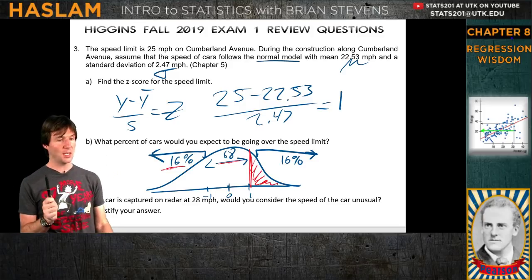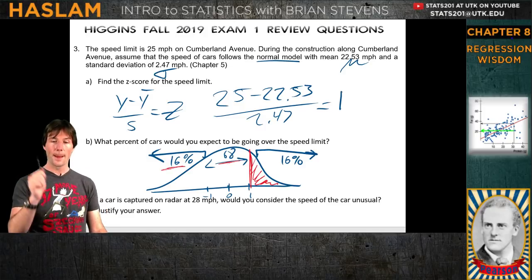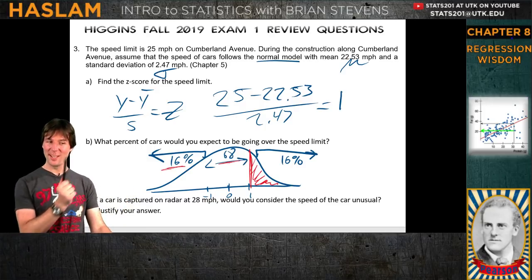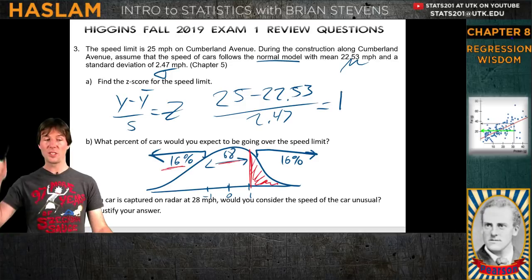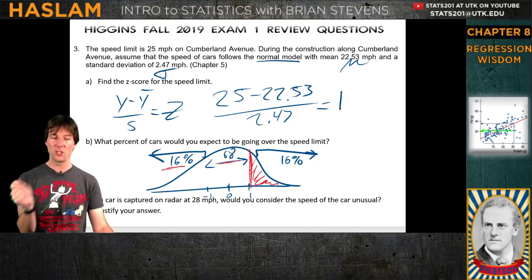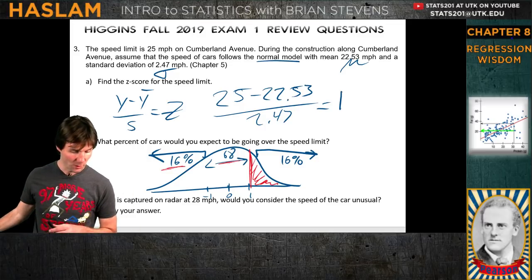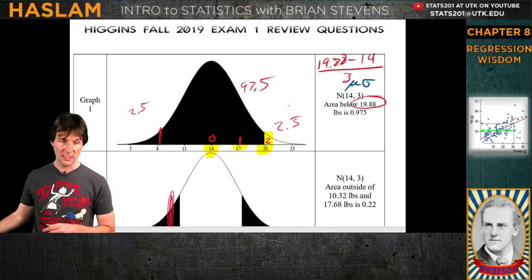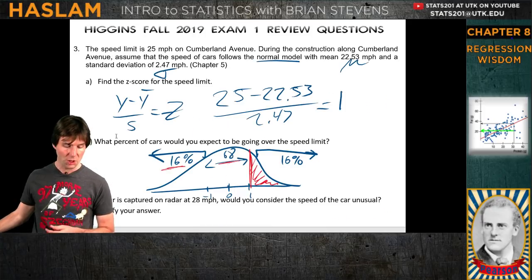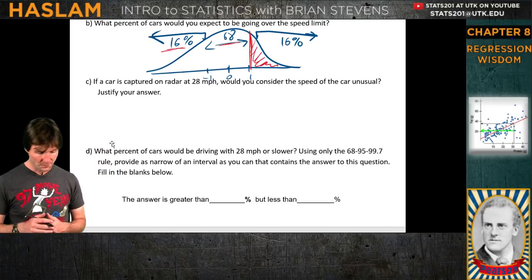Now I will say this, on the test we do make it very clear when to use the empirical rule numbers. This is a huge thing. When you're taking the test, you should use the empirical rule numbers when it says use the empirical rule numbers. If it says use 68, 95, 99.7, use those numbers. If it doesn't say that, use the graphics like we were doing earlier. So these questions leaned on the graphics, where the question now is having us use empirical rule numbers. The only thing I would change if we were doing this on a test is I would say use the 68, 95, 99.7 rule.